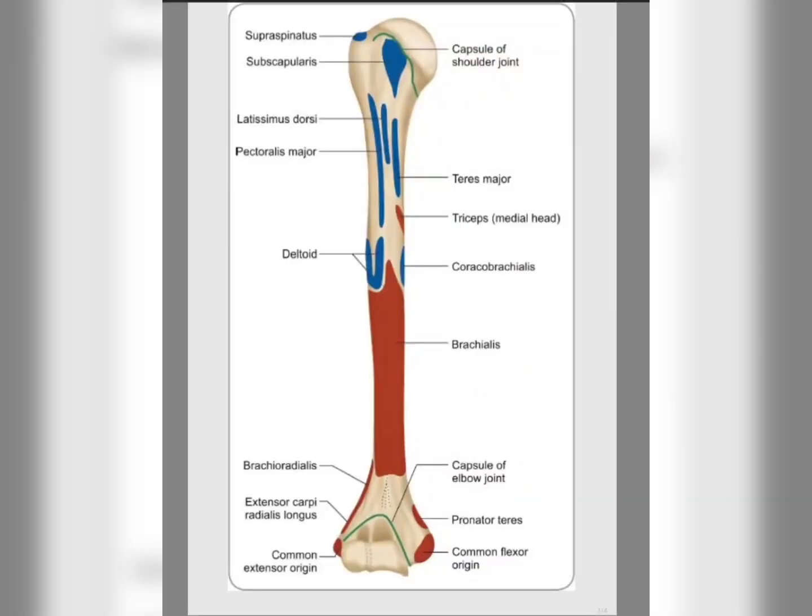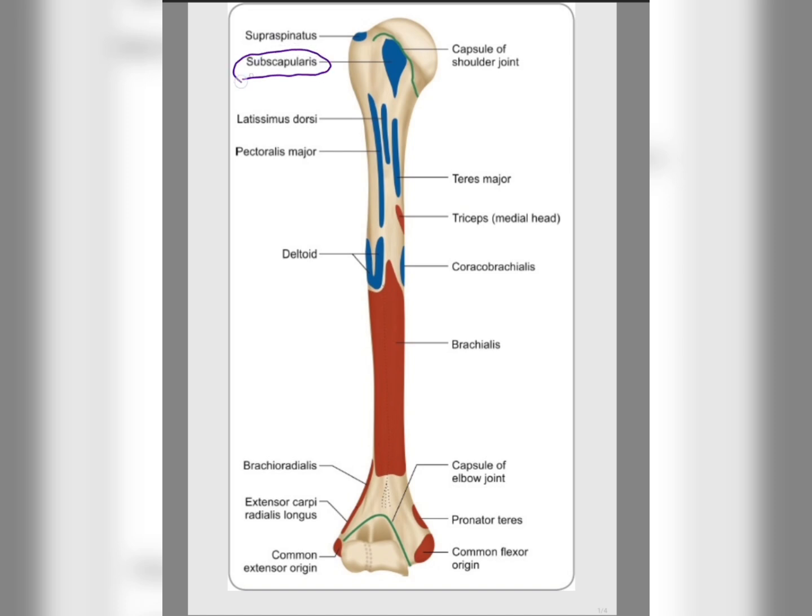Now in this image we will be showing you the muscles we discussed, in relation to the bones. You can see here there are some muscles denoted with the blue color and some with red color. Just remember the red denotes the origin of the muscles and blue denotes the insertion of the muscles. You can see in this lesser tubercle there was attachment of